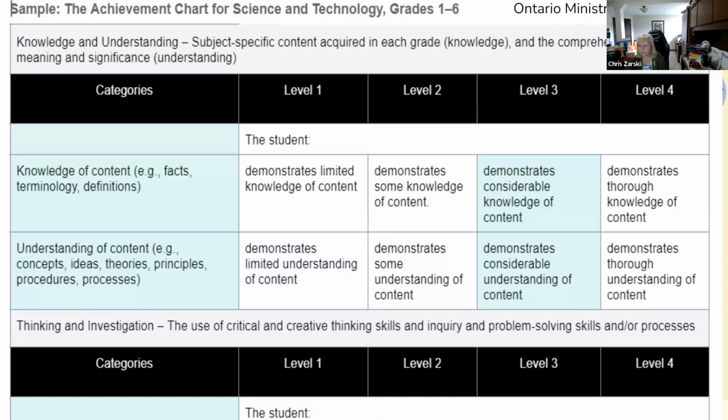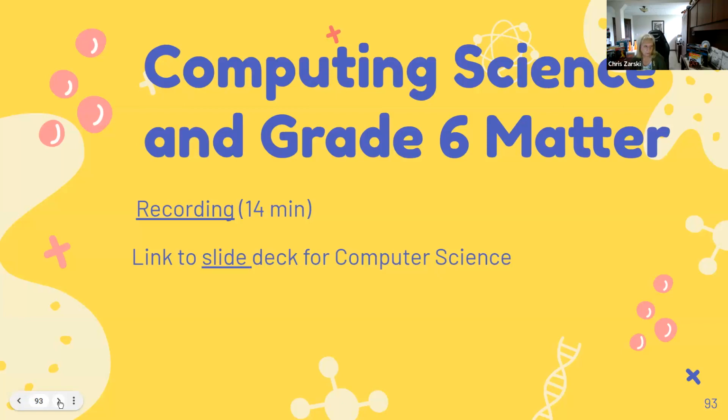But you can also just go to the Ontario Ministry of Education and pull one off directly off the website there. But it has 4 different levels. This is just a snapshot of one row. It's about 3 pages long. So if you're looking for something common at the new program, that will give you that opportunity.